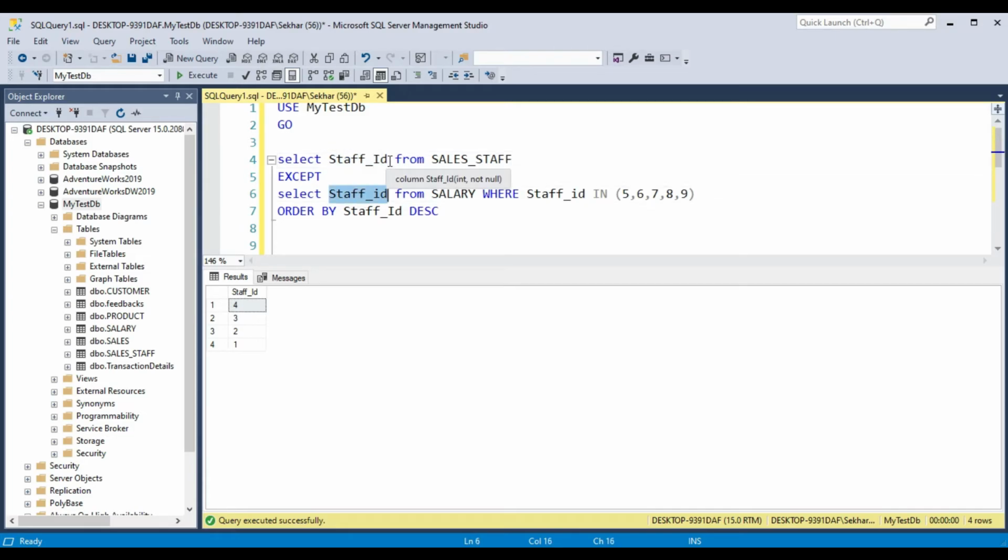If you add another column in the first query, then there should also be an identical column in the second query. The column data types must be compatible with each other, and the order of the columns must be the same in all queries. That is also another important thing.